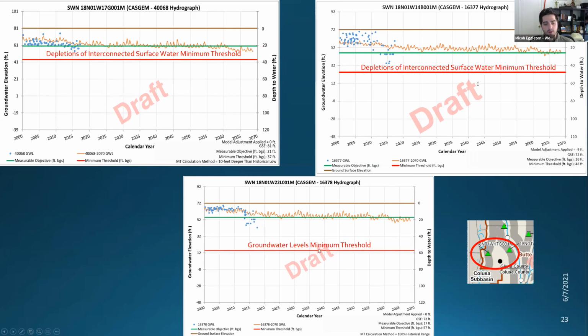We can see that our groundwater levels minimum threshold is a little bit lower because we see more variation over here. Totally fine. And over here in this well, we do have some more variation than maybe this well in general, but still 10 feet is very protective. We haven't seen depths over here, so it gives us some breathing room, operational range of flexibility. But our goal is to be around here, which is totally within the historical range around 2015, and is protective of interconnected surface waters at this location. So just showing that even though everything in the basin is mixed up, the way we've calculated and set these thresholds is very representative of where each of these wells are.